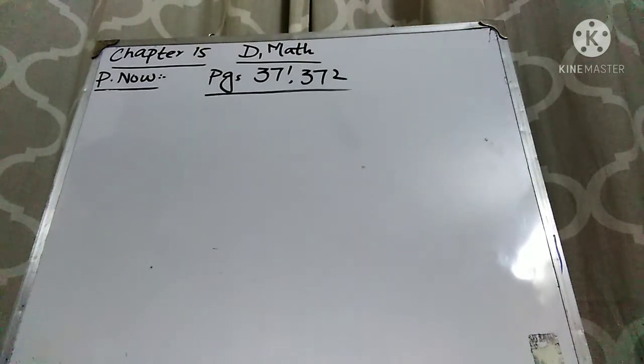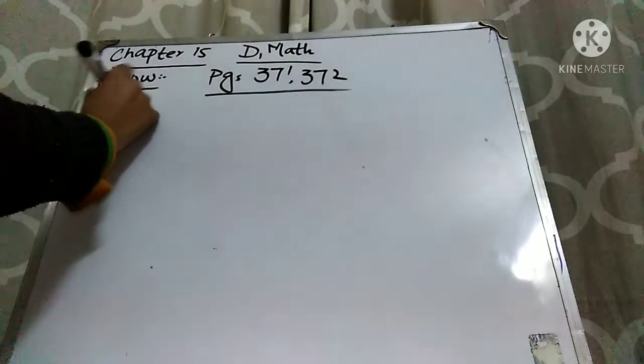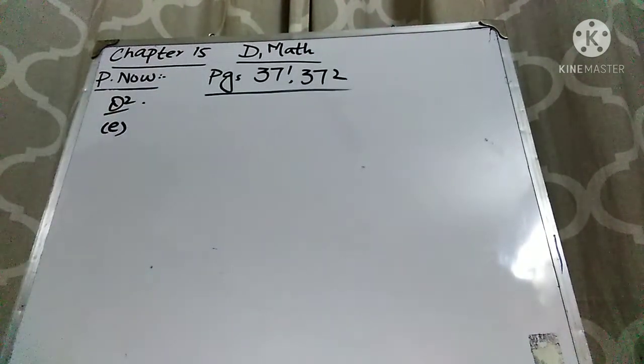Now part E is: in which month did the company perform better in terms of sales? Explain your answer. Now compare November and December. Just look at the bars and you will find out. The bars of December are higher as compared to the bars of November. So you write down December, because the sale is better in the month of December.